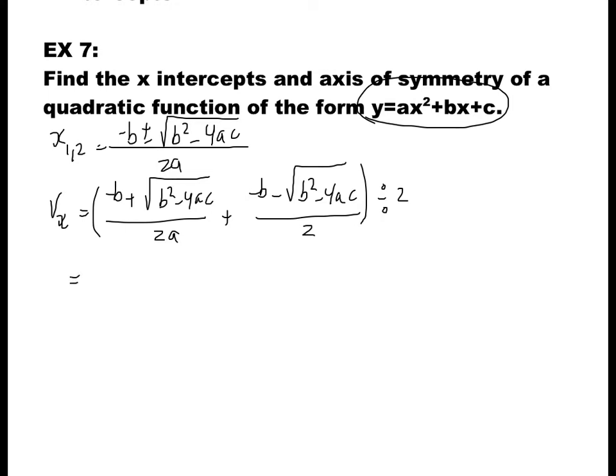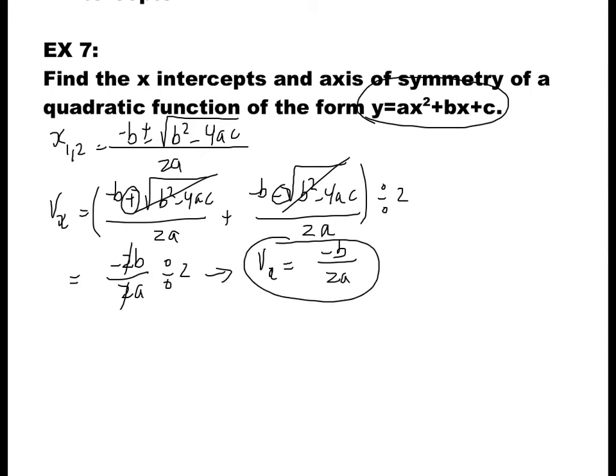Now you can see that for the square root of b squared minus 4ac, you have the positive one here and a negative one there. When you add them, you're going to get 0, so this one cancels with this one. What we are left with is negative b plus negative b, which is negative 2b over 2a, divided by 2. The 2 goes with the 2. So we found that v sub x is equal to negative b over 2a,